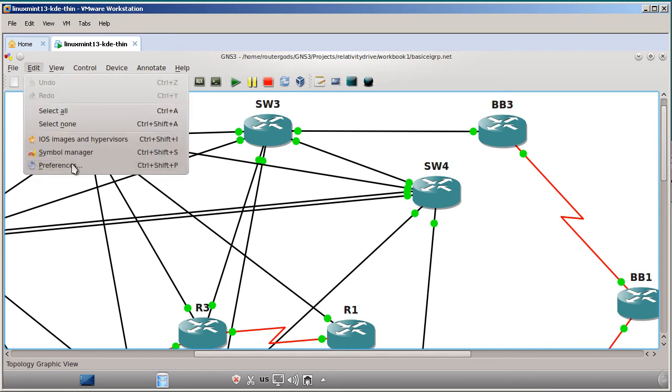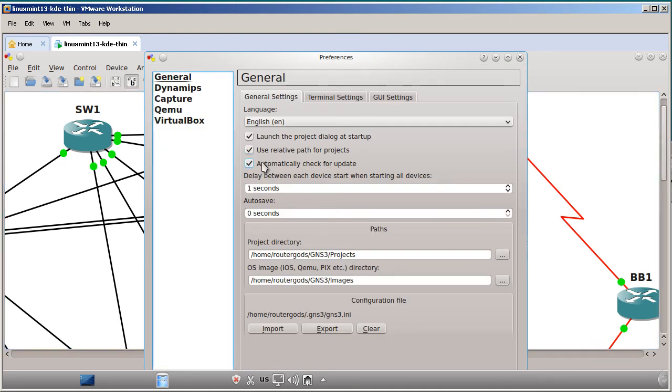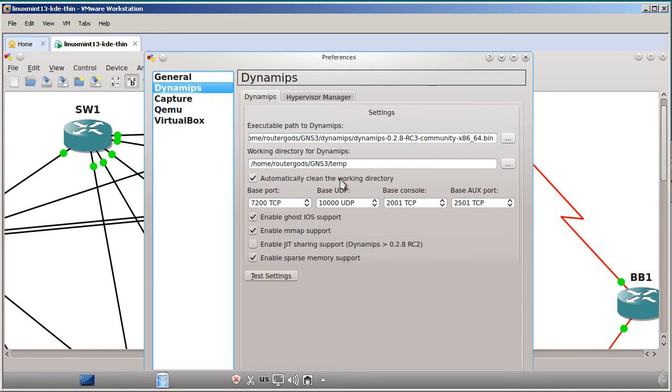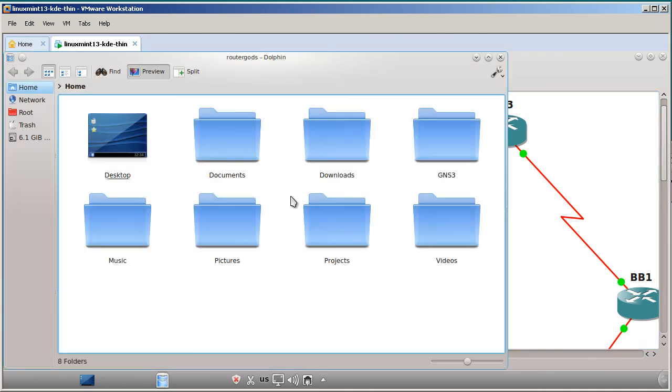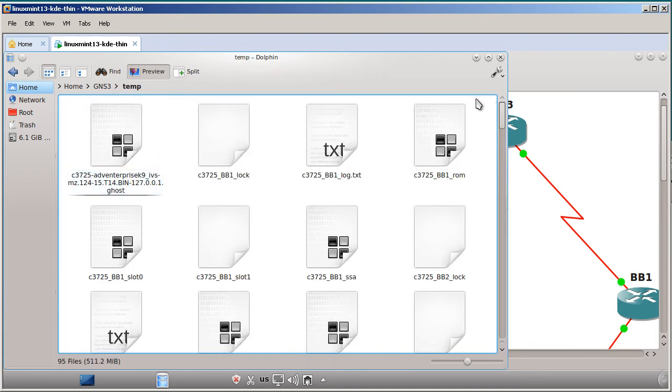If we go to Edit and Preferences in Dynamips, let's see, temp folder, home, RouterGods, GNS3 temp. Okay, let's check that out. Let's see what's in that temp folder. The computer is slowing down just a little bit because my routers are at that press enter screen, so that's okay. Temp folder. Okay, so here's my temp folder, and what's in there? Well, we have got,